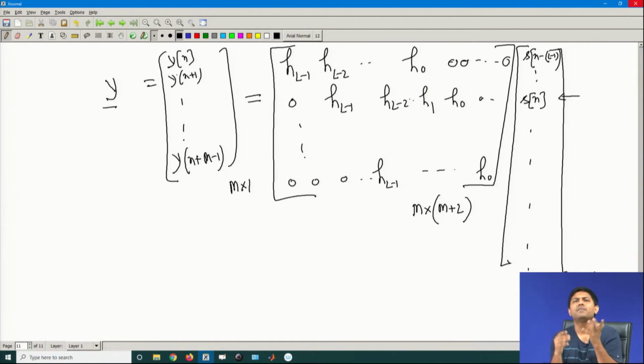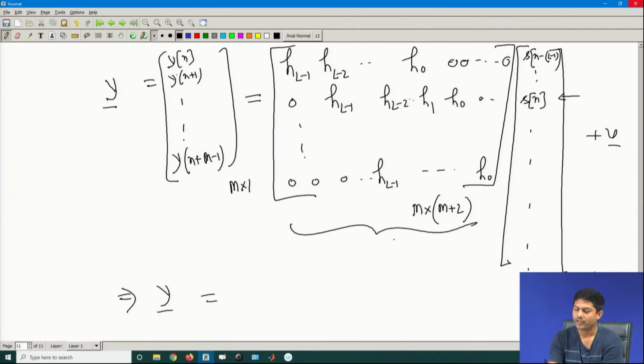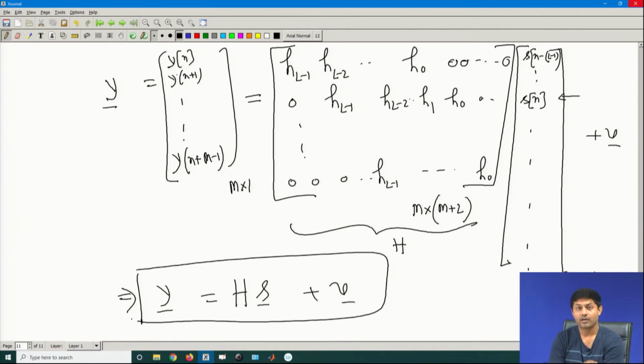So, in a very simple matrix plus V, I am not writing the V part because that is anyway there. So, in a very simple matrix notation, this should be y equals, now this whole thing I call some equivalent H, this will be some vector, plus V vector. So, this is how again the data model comes; though it is a single antenna, it is as if I am creating multiple antennas.